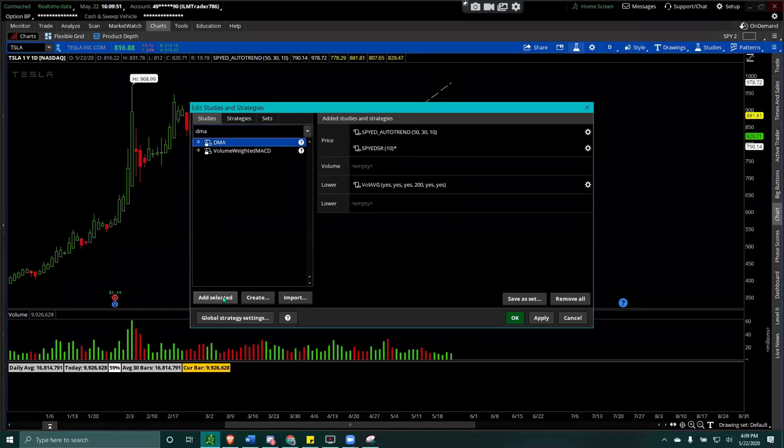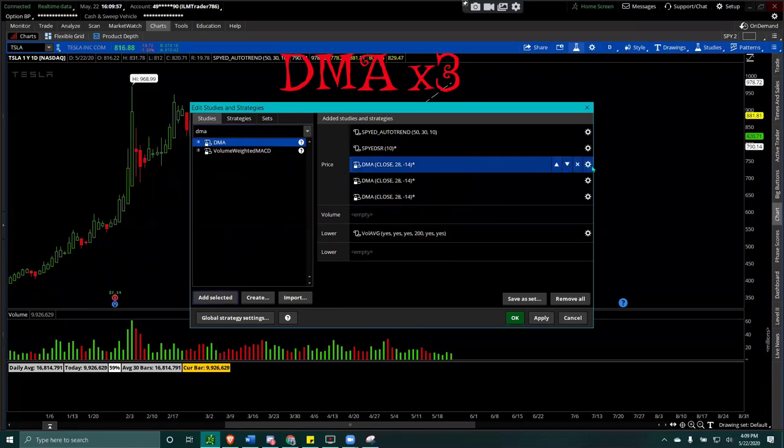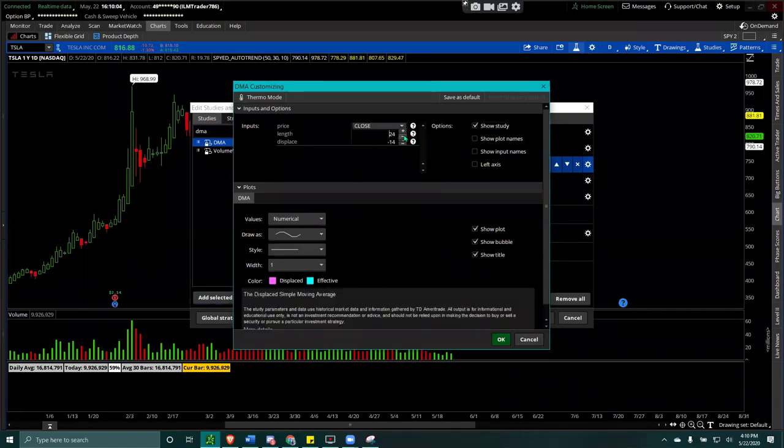Typically I would do three times, as you could see here, and then change each of it. You click on this gearbox and you change it to whatever time you want. If you want 20-day moving averages, you could change the color to whichever you want. I like it to be shown as green because that's the usual. And then I say show plots. I don't need all these bubbles, I just say show plot, and then I click OK.